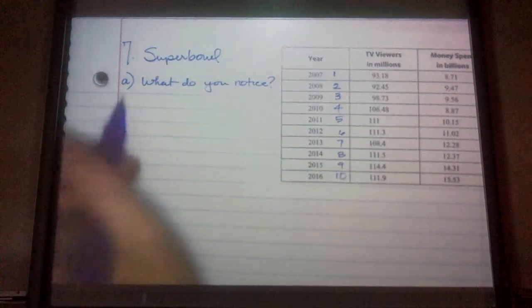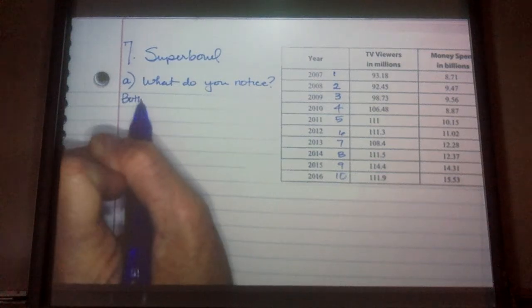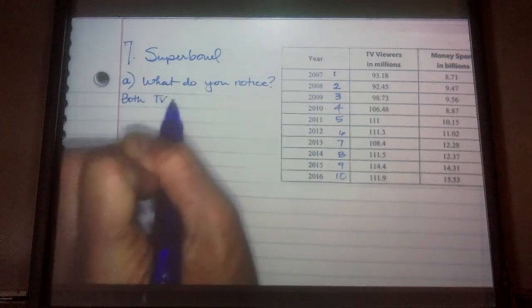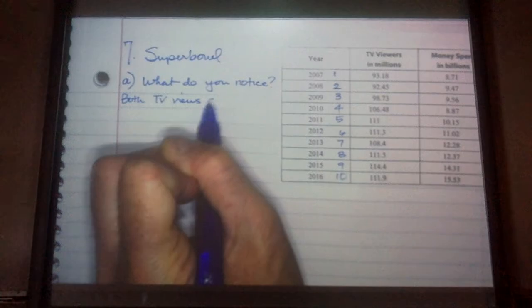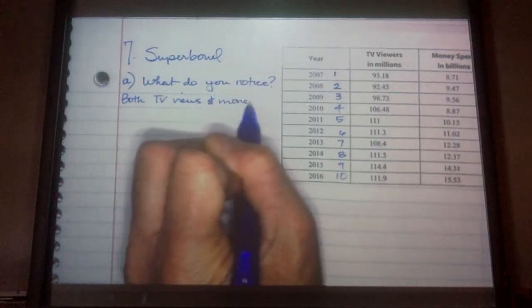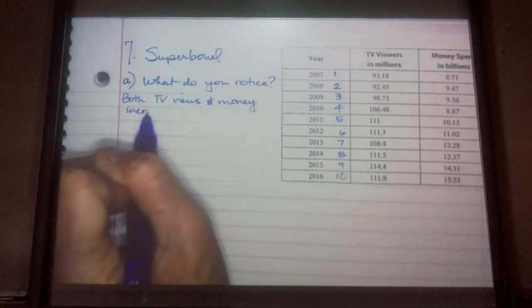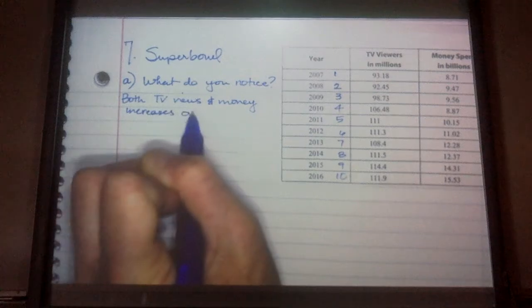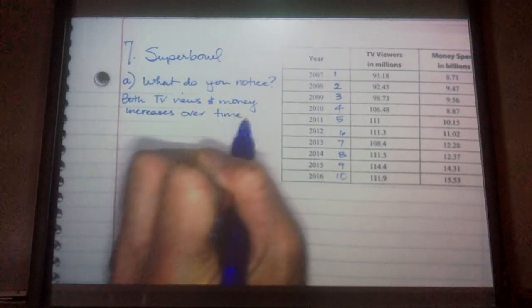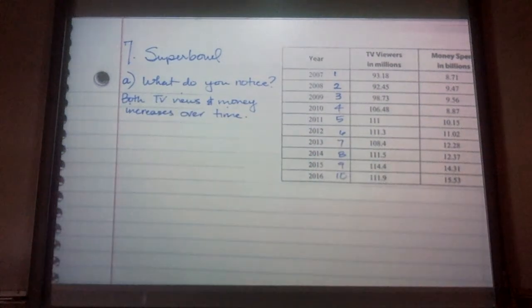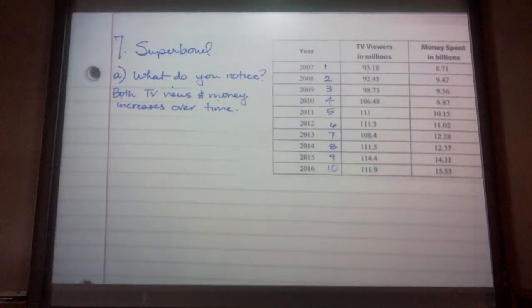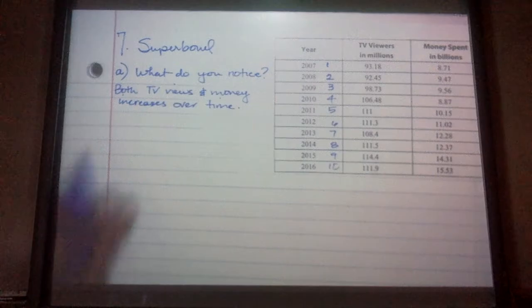So I notice that both TV viewers and money spent increases over time. Years represent time. Okay, so there's more than one right answer to that. It's just what do you notice looking at the data? In part B,